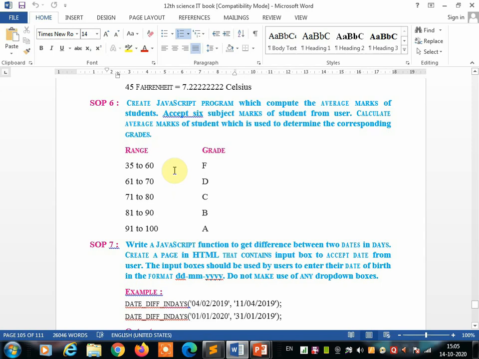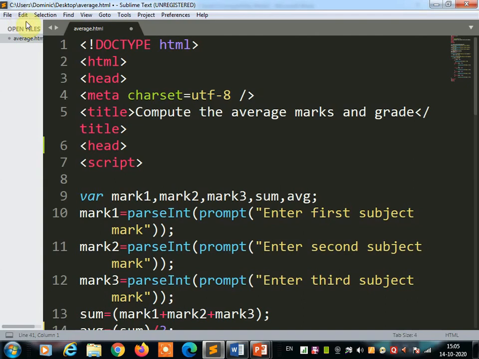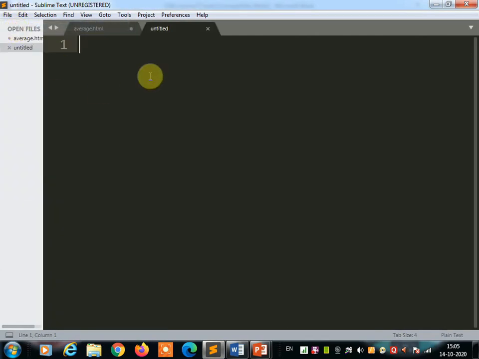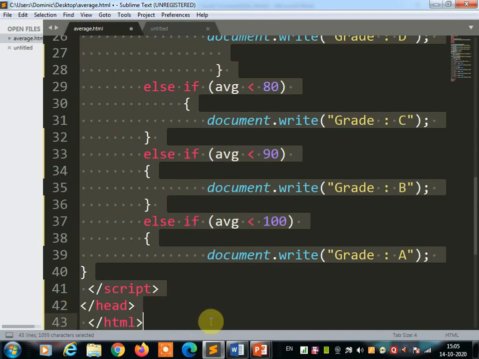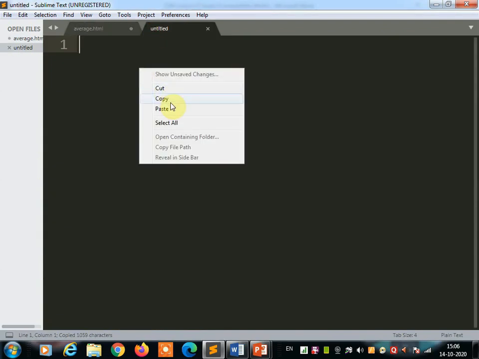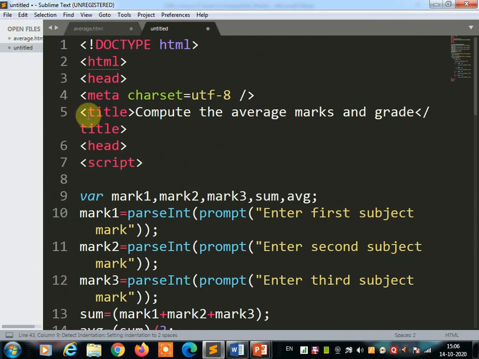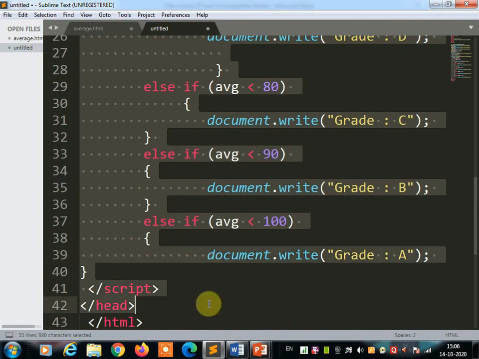So let's start on how you can write this JavaScript program. To write a JavaScript program, you have to open a text editor on your computer. That may be Notepad or the Sublime Text editor. I'm going to open the Sublime Text editor. Then you can copy the previous program and save time. You can make some changes in the previous program. So I can copy this program and paste it over here and delete all of this. I'm showing you how to write the program. The first part will remain the same, other things I'm going to delete.